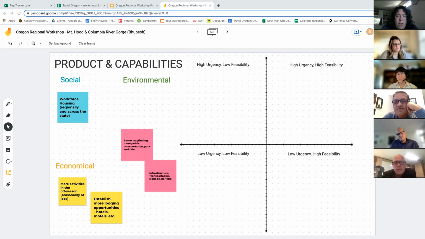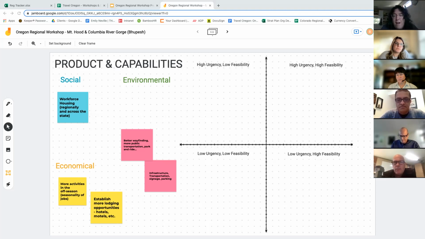But I think our region is a relatively mature region for tourism. Our tourism product has been around a while, and we're very well known. So it is some of these structural components like infrastructure, workforce housing, and transportation that are our greatest